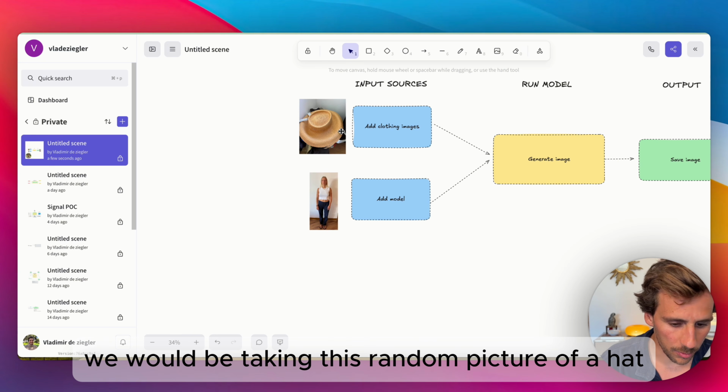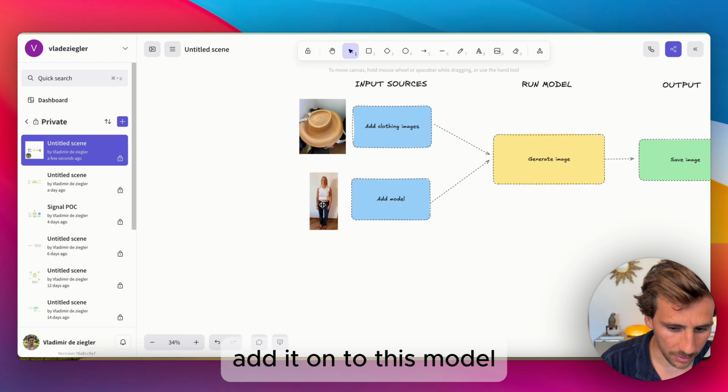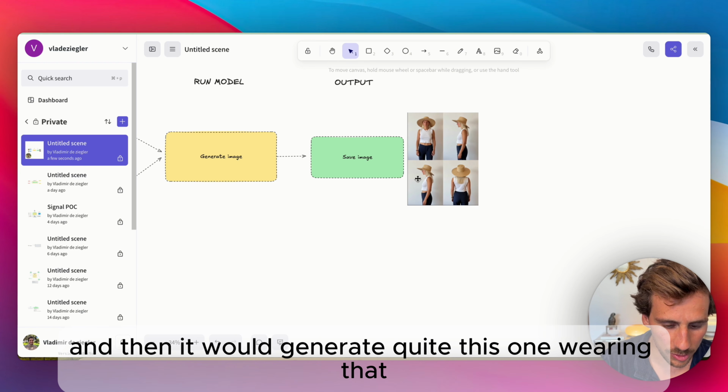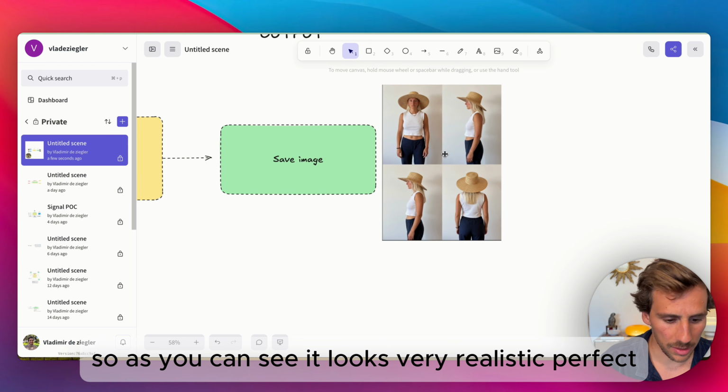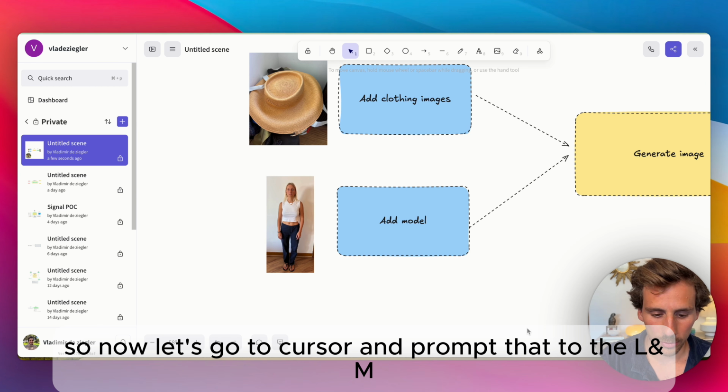So, in this case, we would be taking this random picture of a hat, adding it onto this model, and then it would generate the model wearing that. As you can see, it looks fairly realistic. It's quite perfect. So now let's go to Cursor and prompt that to the LLM to update the code that